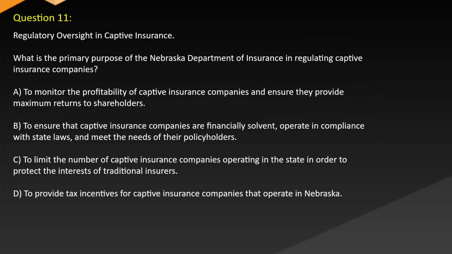Question 11. Regulatory oversight in captive insurance. What is the primary purpose of the Nebraska Department of Insurance in regulating captive insurance companies? A. To monitor the profitability of captive insurance companies and ensure they provide maximum returns to shareholders. B. To ensure that captive insurance companies are financially solvent, operate in compliance with state laws, and meet the needs